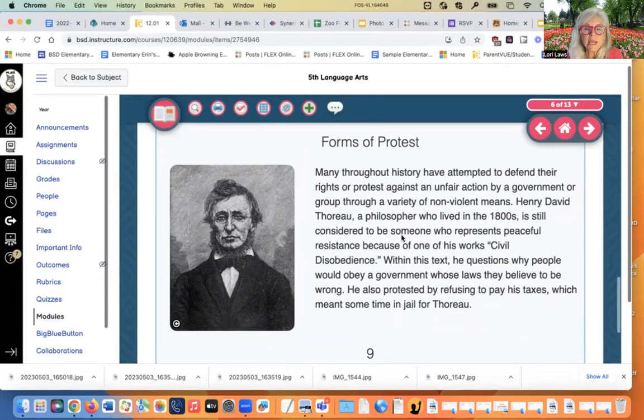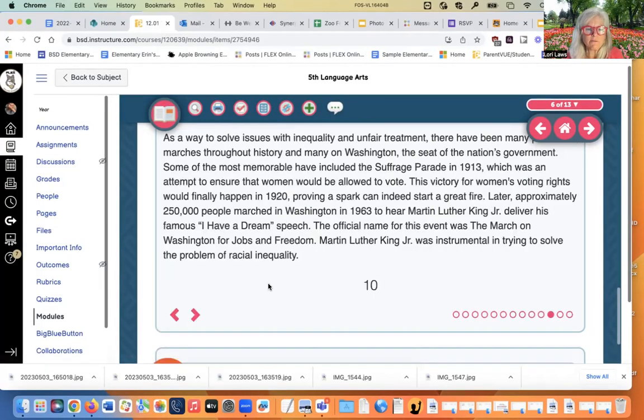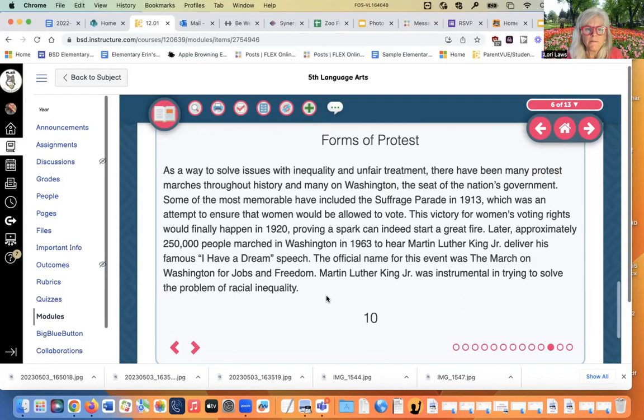Forms of protest. Henry David Thoreau, he was a philosopher. He believed in civil disobedience. That meant within the law saying, I won't do it. I'm just not going to do it. He was protested for not paying taxes and thrown in jail. This is women protesting the fact that they didn't have the right to vote. And then Martin Luther King talking about how it wasn't fair jobs and freedom wasn't fair for people of different